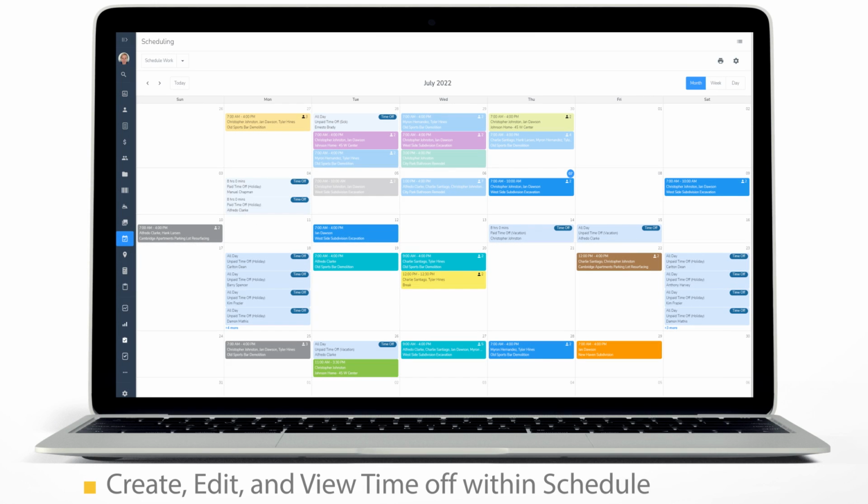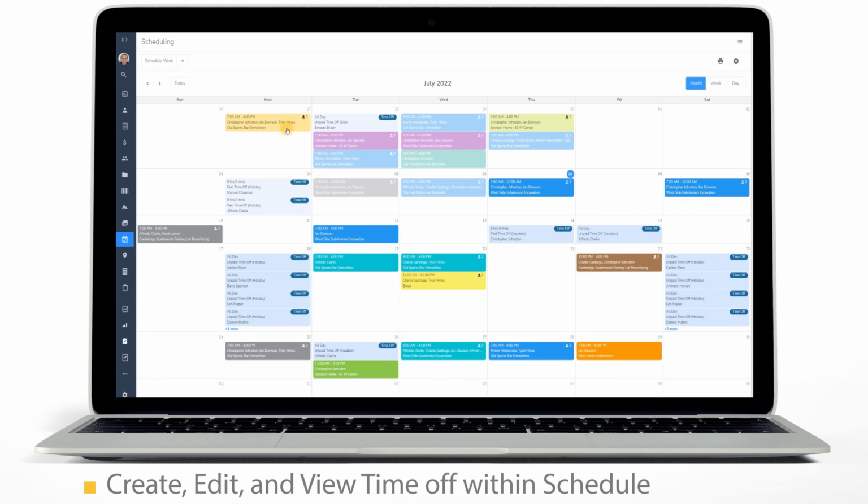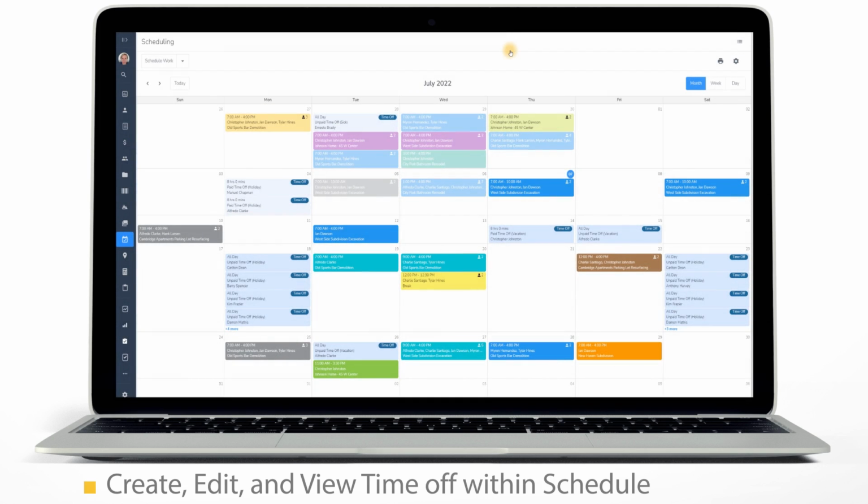Being able to create, edit, and view time off within the schedule on the web was one of our most popular feature requests, so we are very happy to announce that this is now possible. There are several ways to create time off from within Busy Schedule. You can click on the drop-down triangle menu and select Schedule Time Off, or you can double-click on the day